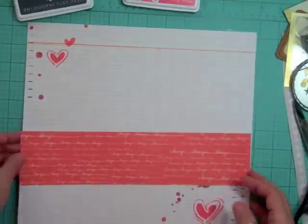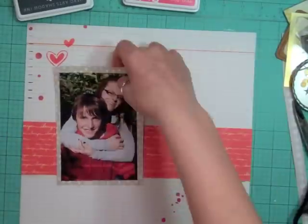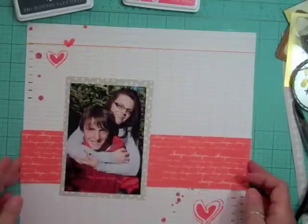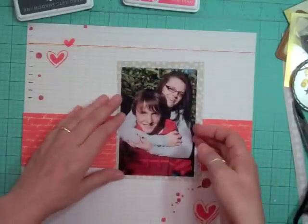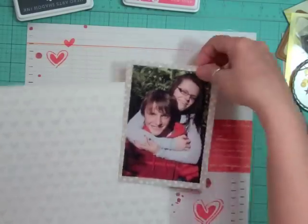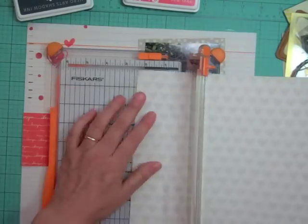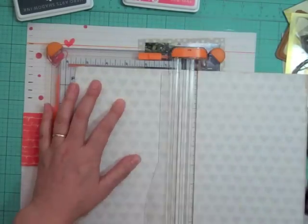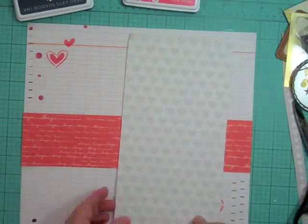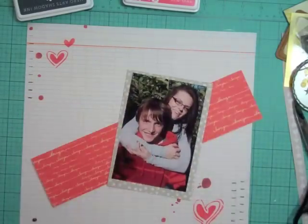Now I'm going to use, that is a leftover of that pattern paper. I just took the full sheet to kind of show that it was a Studio Calico paper. I mounted that photo on the Amy Tangerine with the polka dots, and it's basically what I used as the background. The back side of that is polka dots, so I just used the second sheet and matted the photo. Now I'm going to take the other Amy Tangerine pattern paper, and it's all hearts, gray hearts,